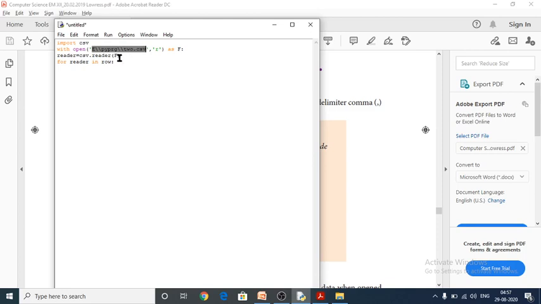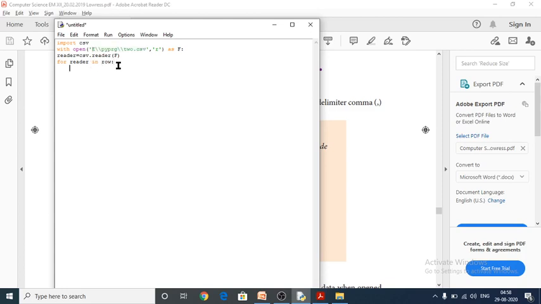For statement will be included into the reader, and it will collect each and every line and fetch it into row.